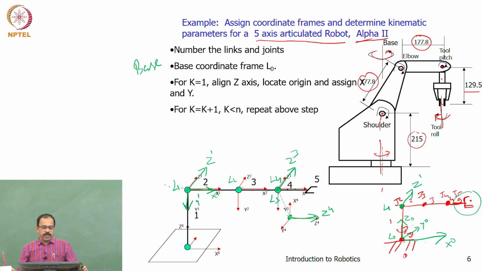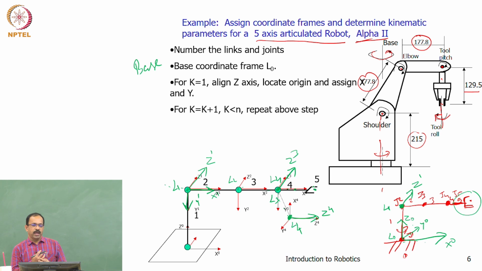All right, got it. So now the last coordinate frame, when k is equal to n. k is equal to n is k is equal to 5. So you need to have a coordinate frame L5. So this is L3 and L4. This is L4. So your frame L5, where will L5 be? L5 is always assigned at the tooltip. So the origin will always be here,